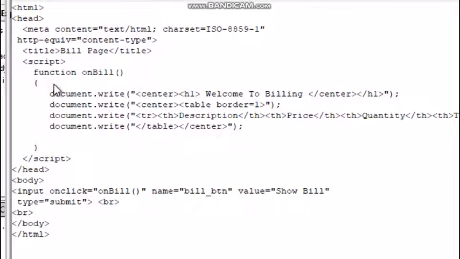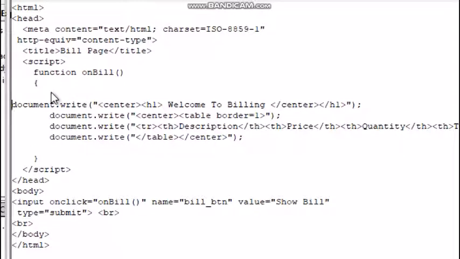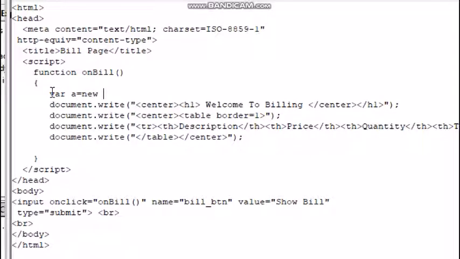Say A. Mostly declaration part we do in the start of a function. So here I will declare an array A. Variable A is an array.